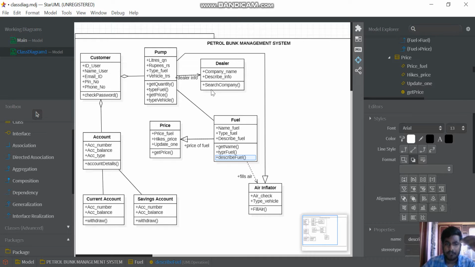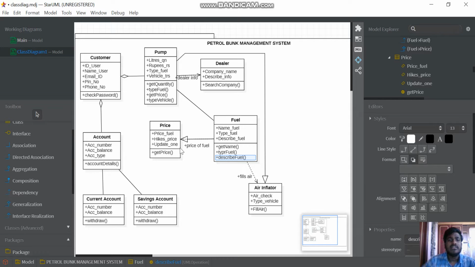Now after the process is over, we check the price. The fifth class is Price here. It covers the price of the fuel and its hikes. One day the fuel price can be 62 rupees, another day it can be 65 rupees, and another day it increases 5 rupees and can be 70 rupees. Nowadays we can see that the petrol price is above 100. It also increases in small amounts like 50 paise, 20 paise.